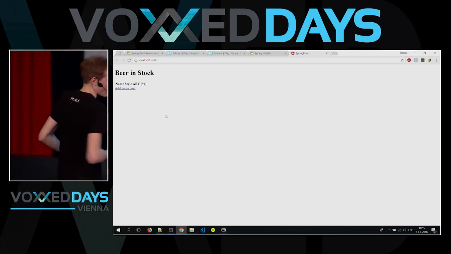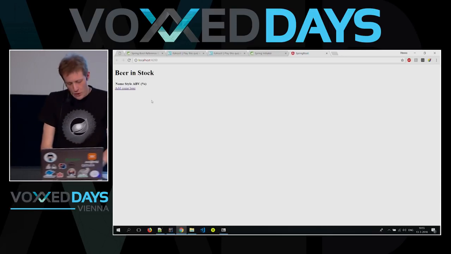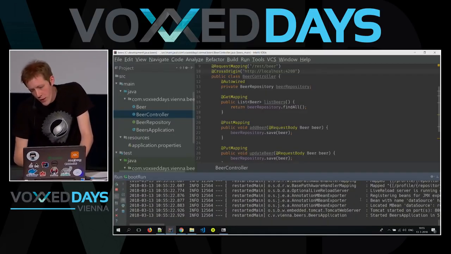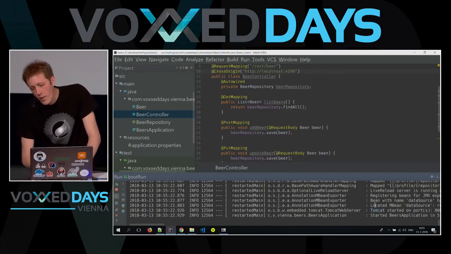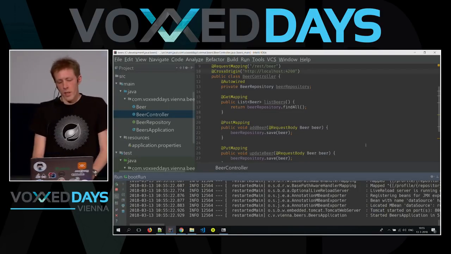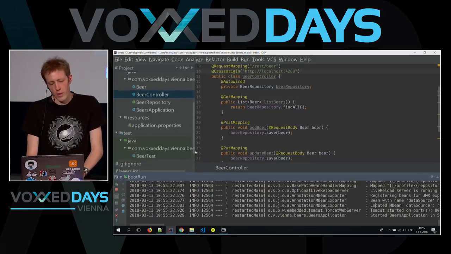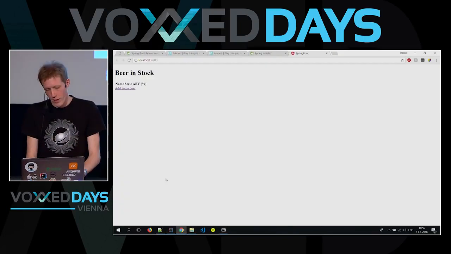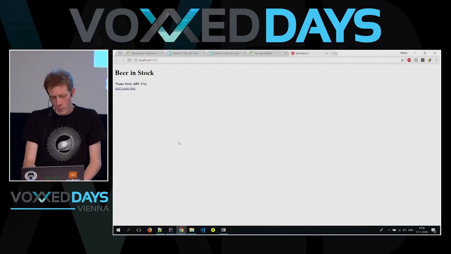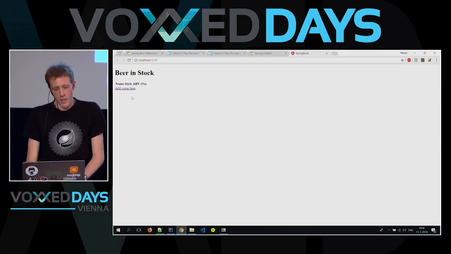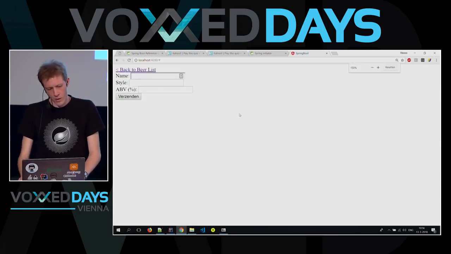Yeah. So let's see if we have started up. We have, and actually the default web server is Tomcat. So if you would choose Undertow or Jetty, I could just add an exclusion to the dependency list in the build Gradle scripts. But in this case, it's already Tomcat, so that saves us some time. Because this is an in-memory database, everything was erased from the database. So let's add some beers.